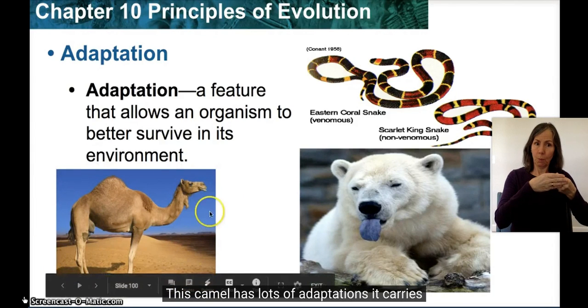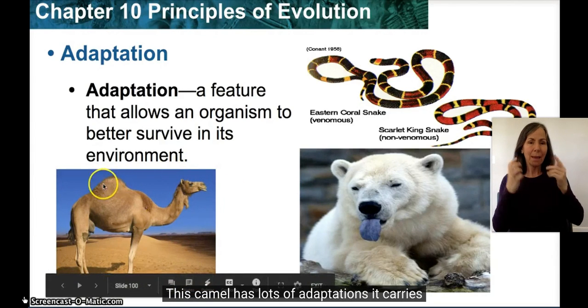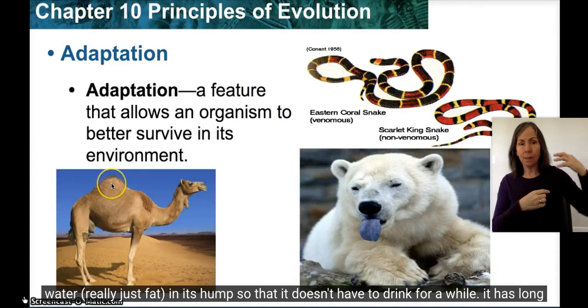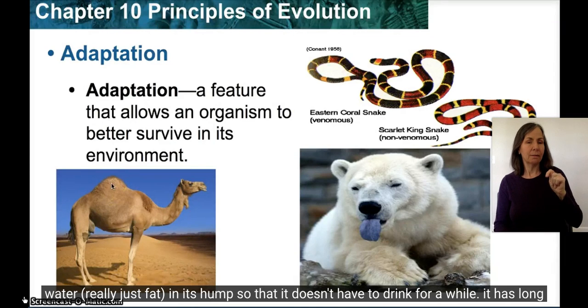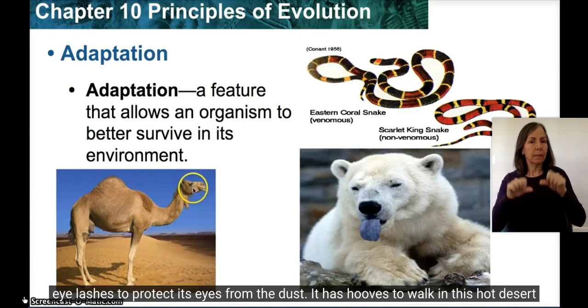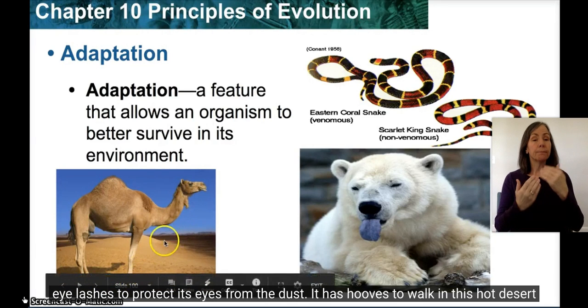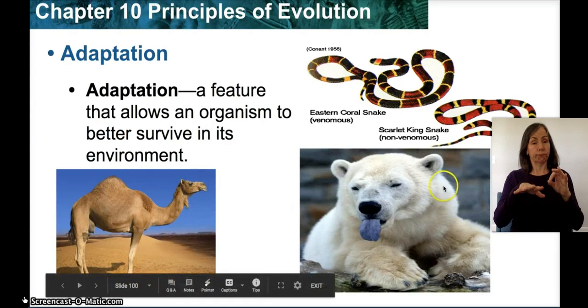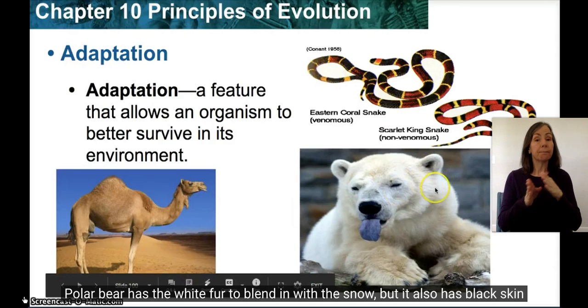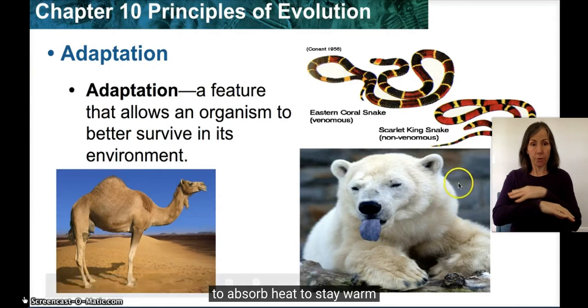This camel has lots of adaptations. It carries water, really just fat in its hump, so that it doesn't have to drink for a while. It has long eyelashes to protect its eyes from the dust. It has hooves to walk in this hot desert. The polar bear has white fur to blend in with the snow, but it also has black skin to absorb heat,